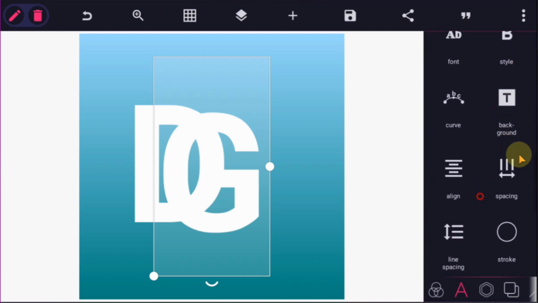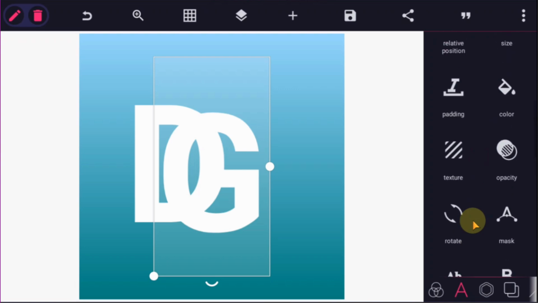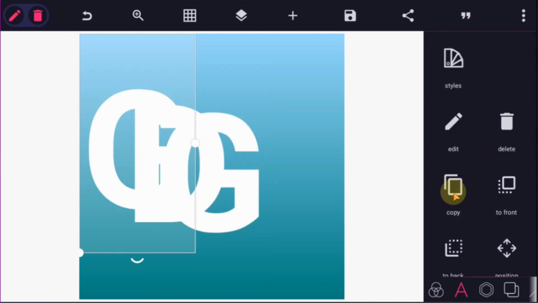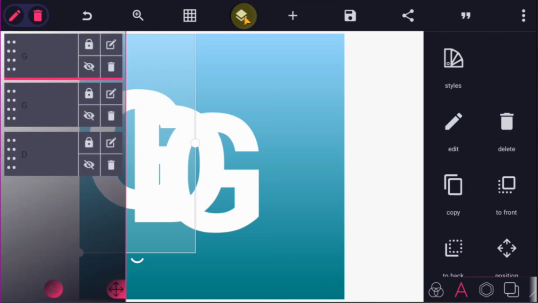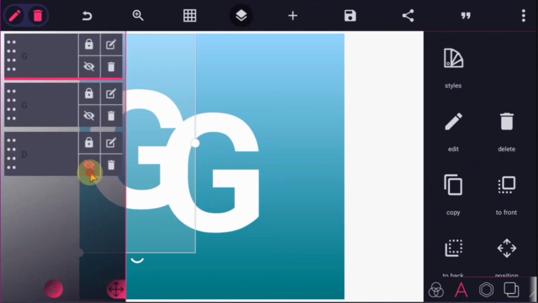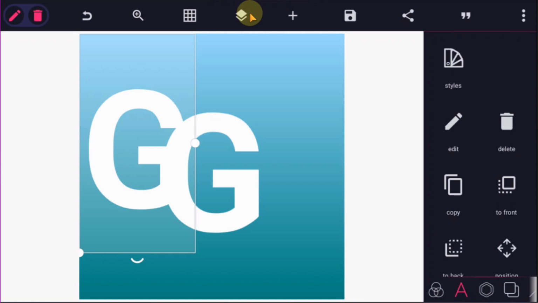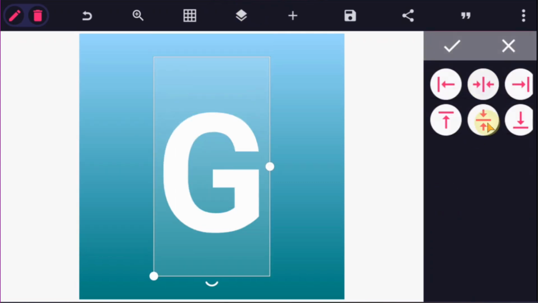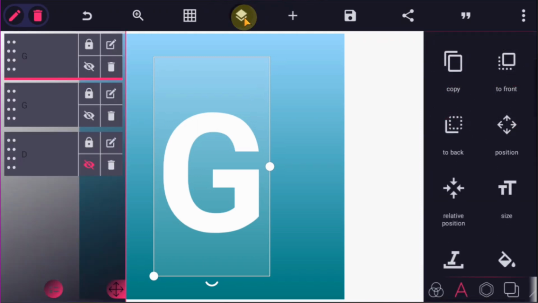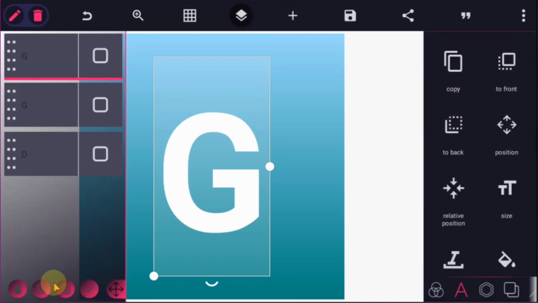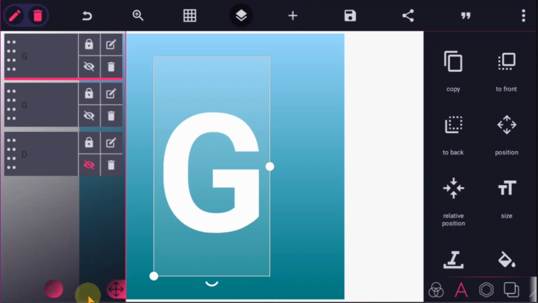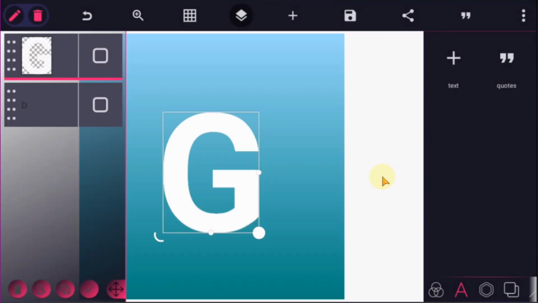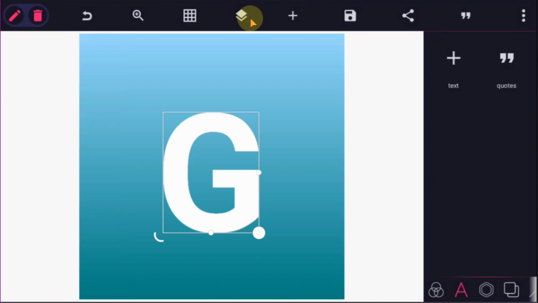There's a feature here which is the mask feature. It's not available for this text button, so what I'll do here is I'll have to copy this letter G. Let me mask this D so you will see what I'm doing very well. So I've copied this. Now I'll go back to this relative position, use these two things to make it be at the middle, and once I'm done with this, I'll have to merge these two G together. So now I've merged this, and